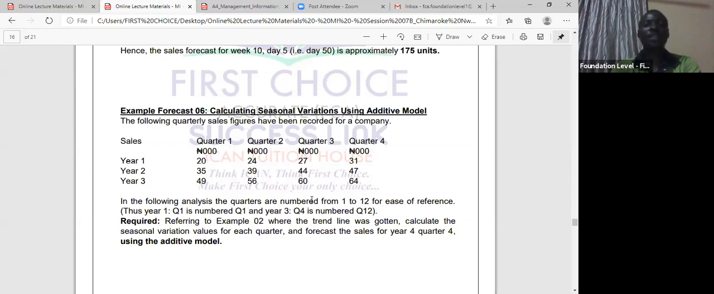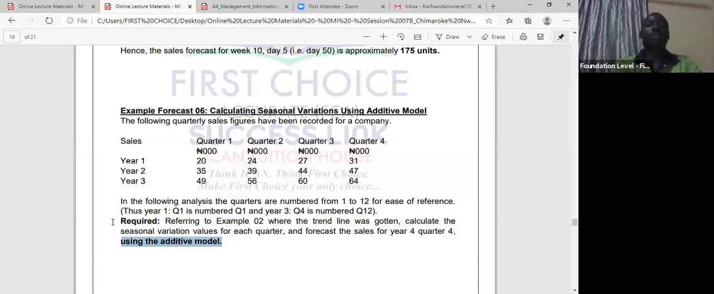Once again, we are doing the same thing. This question is the same thing we got in example 2. The only difference is the requirement. Now we said, referring to example 2, where the trend line was gotten, calculate the seasonal variation values for each quarter and forecast the sale for year 4, quarter 4 using the additive